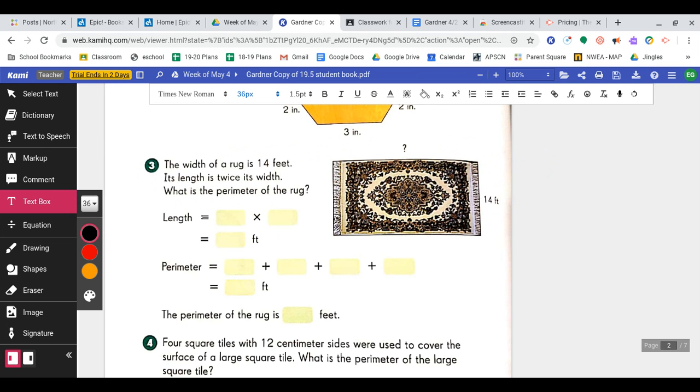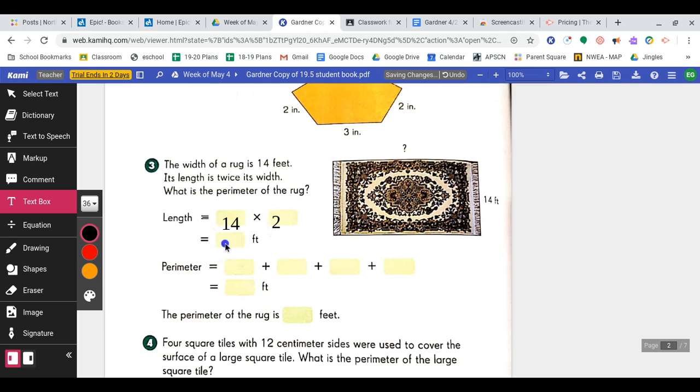And we wouldn't measure because obviously this is much smaller than a regular rug would be, because this is much smaller than 14 feet. So we need to find the length by multiplying 14 feet, and it says its length is twice its width, which means 2 times the width. So 14 times 2. 14 times 2 is 28,